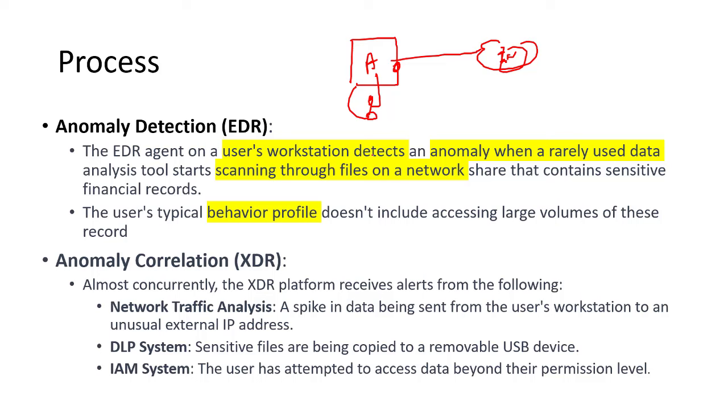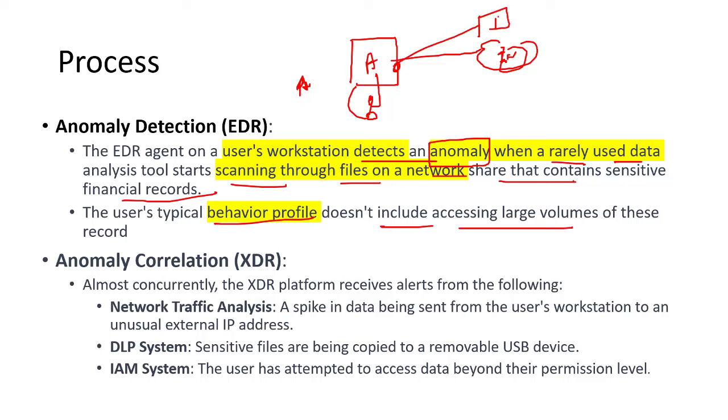You can see the EDR agent on a user workstation detects an anomaly. An anomaly is basically something suspicious or abnormal, when a rarely used data analysis tool starts scanning through files on the network share that contain sensitive financial records. The user's typical behavior profile does not include accessing a large volume of these records, because we create a profile, and based on the profile we try to find the pattern. So the agent sends the information to the EDR server, and EDR sends the information to